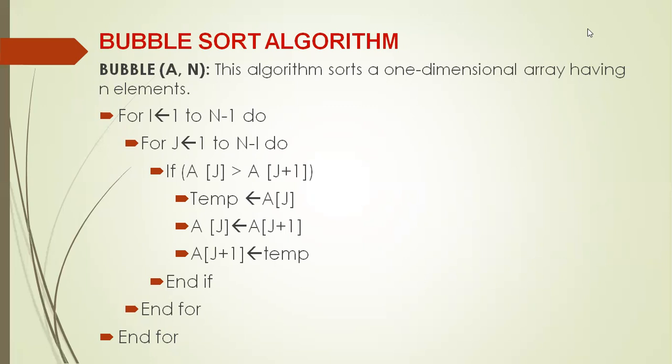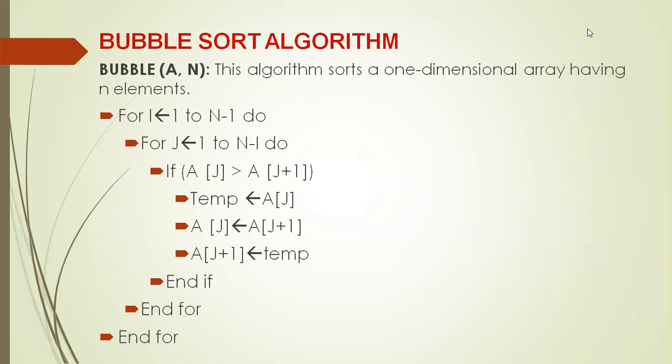Go to the next value for i. The next value of i is 3. In that case, the j loop varies from 1 to n minus i. i is 3 only, so n minus i, 5 minus 3, is 2. In that case, the different values j takes are 1 and 2. And a1 is compared with a2. Next time, a2 is compared with a3.